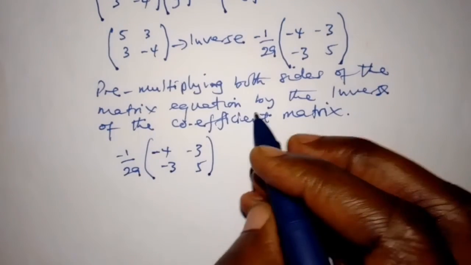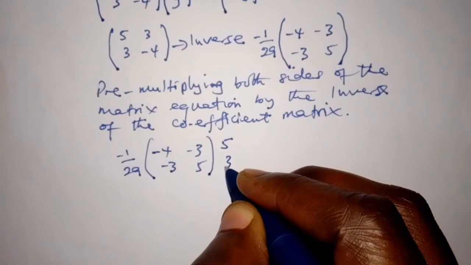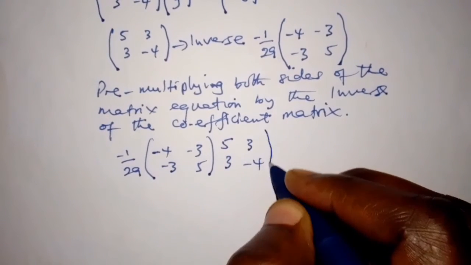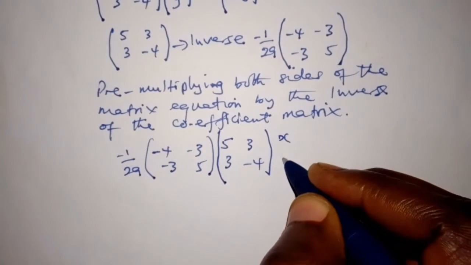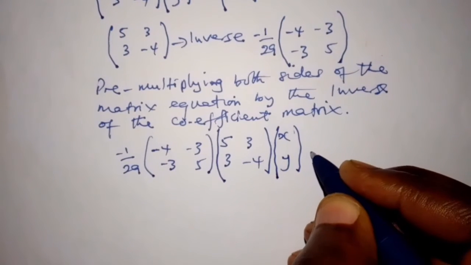So we multiply 5, 3, 3, negative 4, times x, y, is equal to,